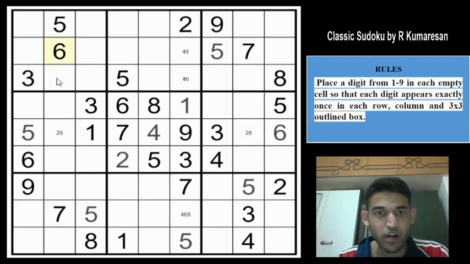There is a 6 in column 2 and column 1, which means 6 in column 3 has to go in this cell, row 7 column 3. There is no other cell left. There is a 6 here and a 6 coming from column 9. So 6 in box 9 would have to go in one of these two cells. And 6 in column 8 now has to go in one of these two cells because of these two 6s. There is a 1 in box 4, which means 1 cannot be in these two cells and 1 has to go here.